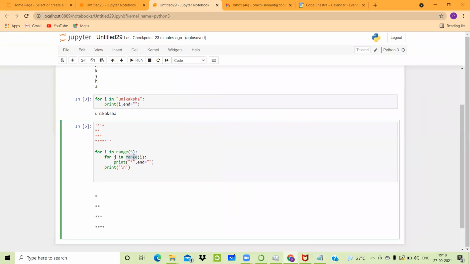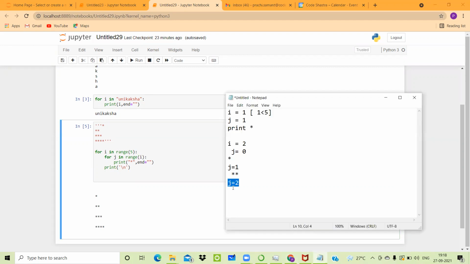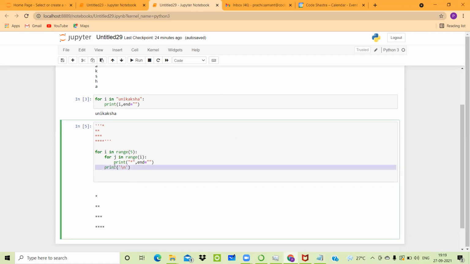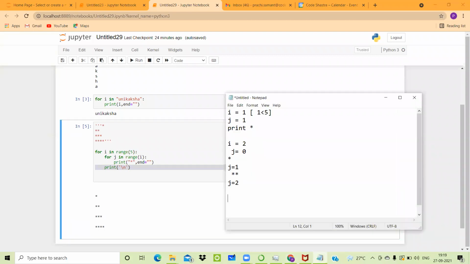But when we write any loop, and specifically when we use this range function, that time if I am writing range 2, I mean the value of I is equal to 2. That's why here we'll get the value of range I, that will also become 2. And in the range function, the values we specify, we can only traverse up to -1 of that value. That's why when the value of j will become 2, it cannot traverse into this certain loop, and that's why it will come out of that loop and it will run a blank line there, like this. After that, the value of I will be incremented.